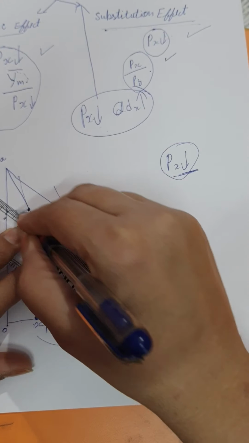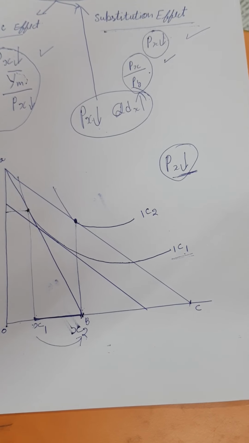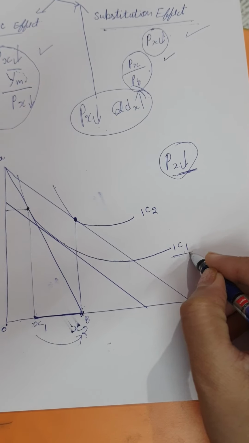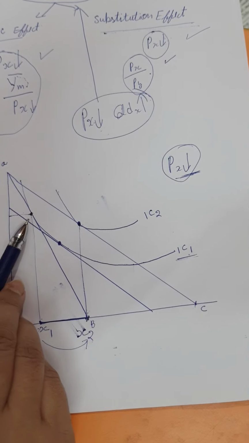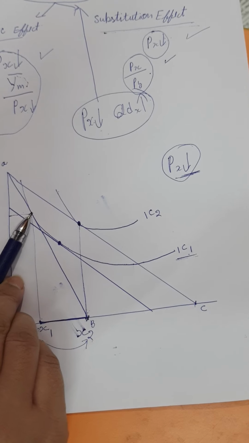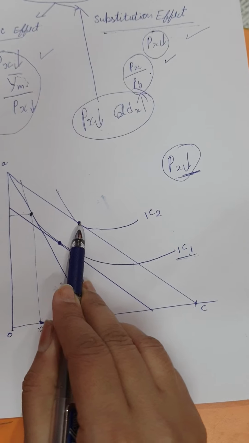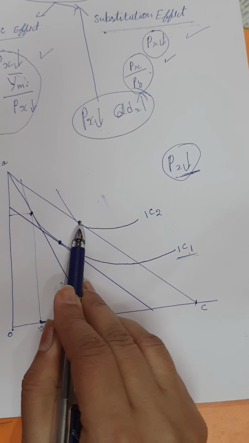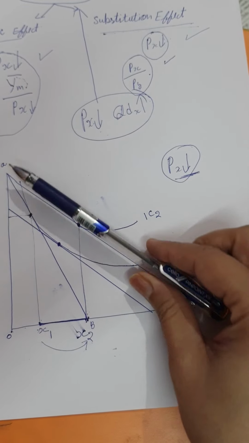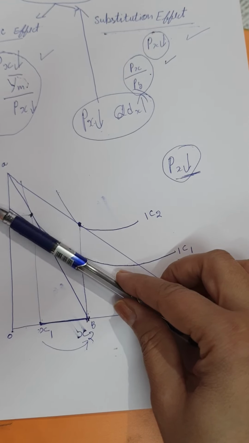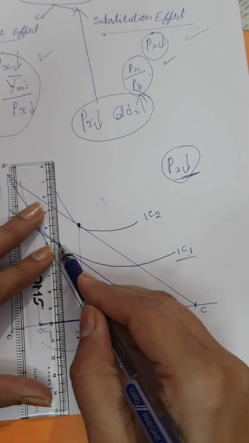So he reached to indifference curve 1, IC1. This is the new point. Earlier he was operating on this point. After change in price of x, he reached here, and after compensating the income, this is also called compensation variation. So after compensation variation, this budget line has shifted and this is the new point. So you can see here